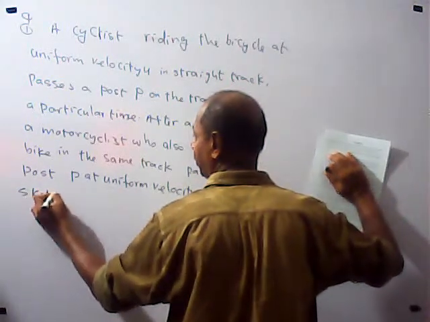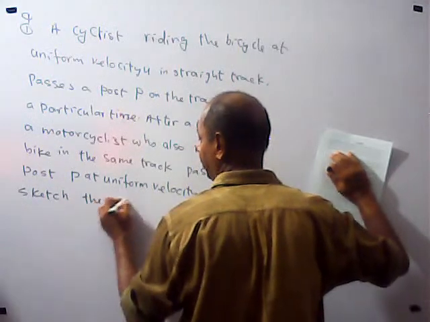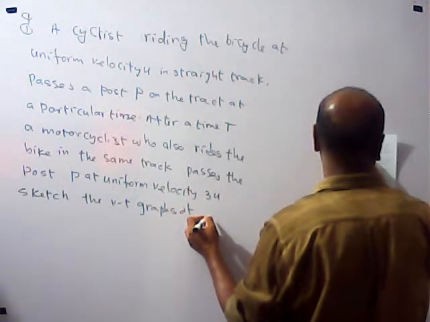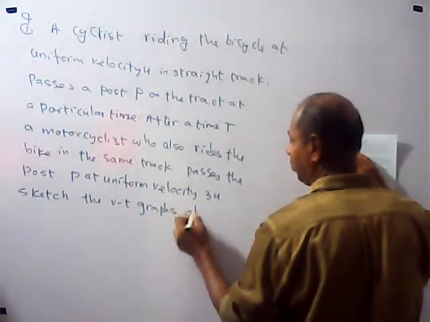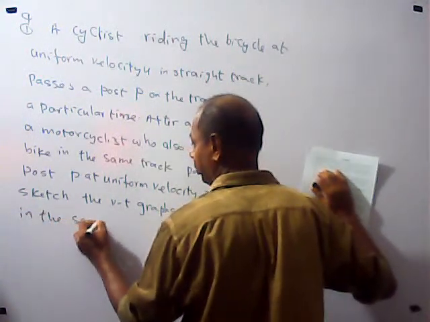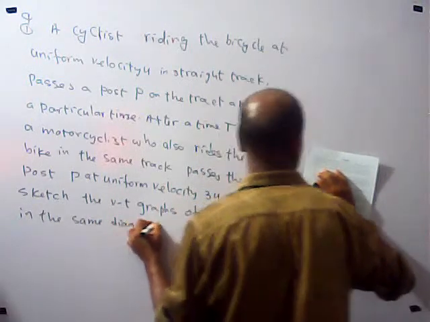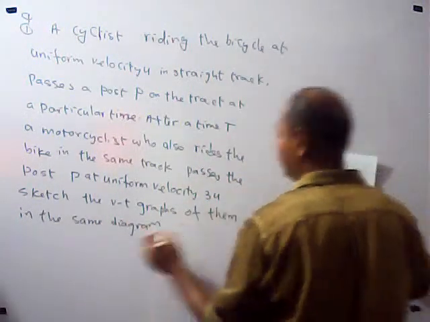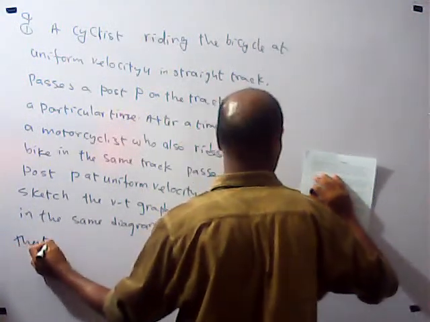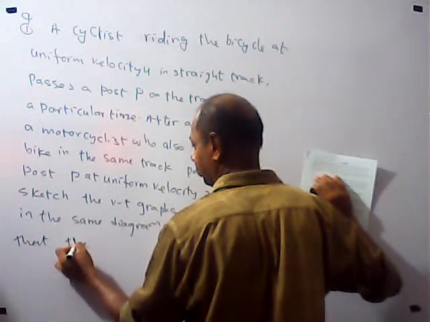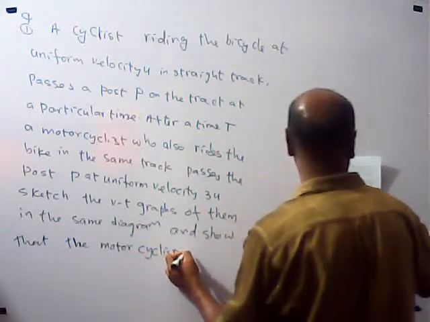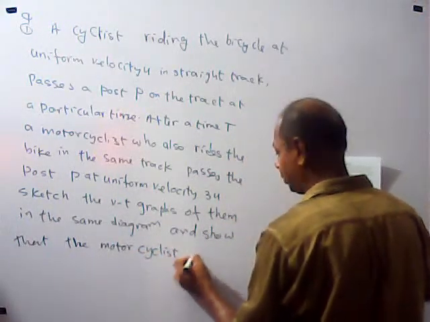Sketch the VT graphs of them in the same diagram and show that the motorcyclist overtakes the cyclist